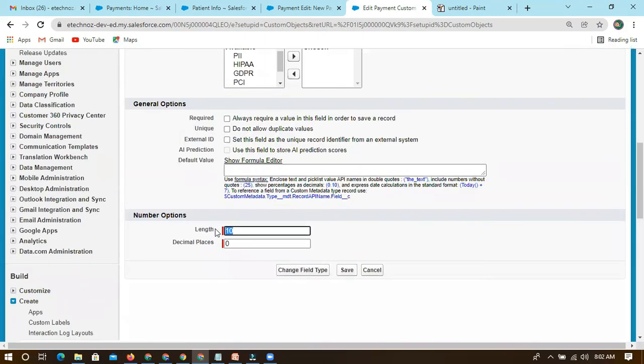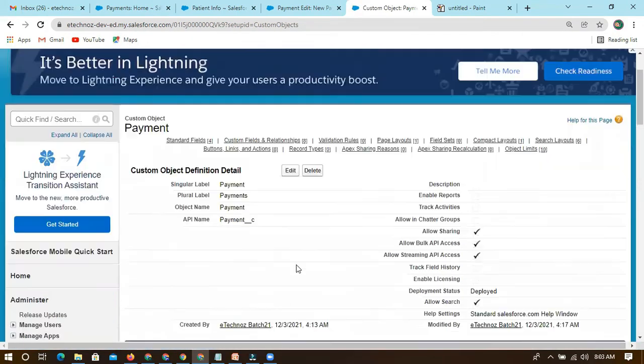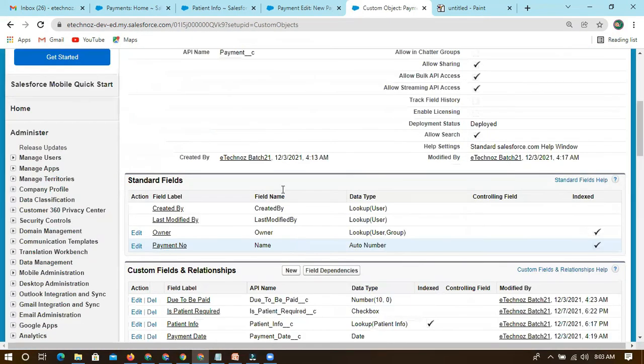And the same, so length is 10, which is a number type. Data type is number. And you can also change the field types, we will see it later. Right now I'm just saving it. I have just changed the label so that it will be clear.